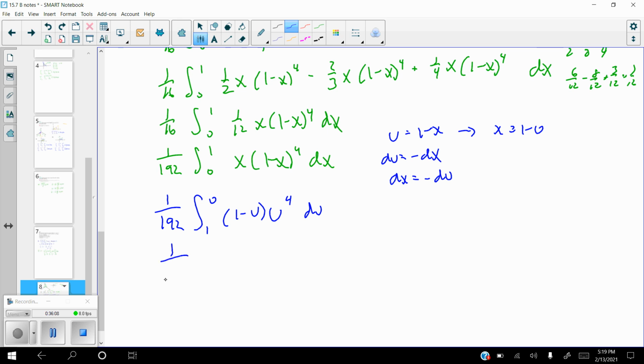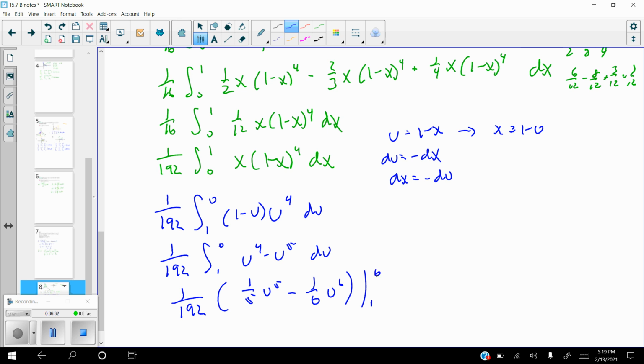And now this should be relatively simple. So I'm going to distribute the u to the fourth. So that's going to be u to the fourth minus u to the fifth du, and we can take the antiderivatives. So we're going to get 1/5 u to the fifth minus 1/6 u to the sixth from 1 to 0. And after all this, I'm really hoping this works out right. So we get 1 over 192 times, that's going to be